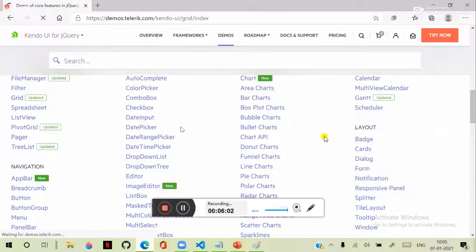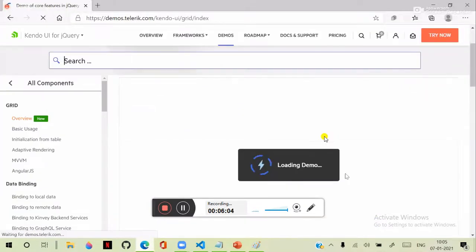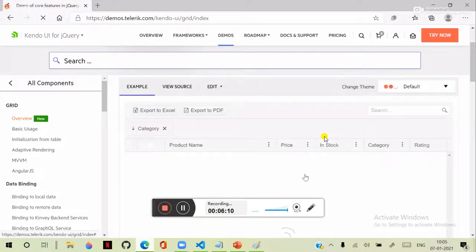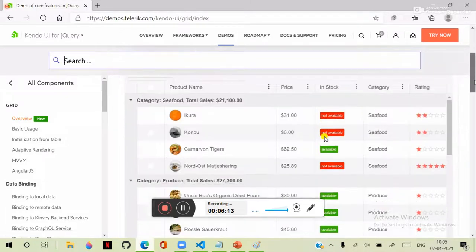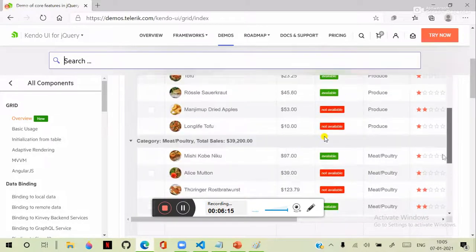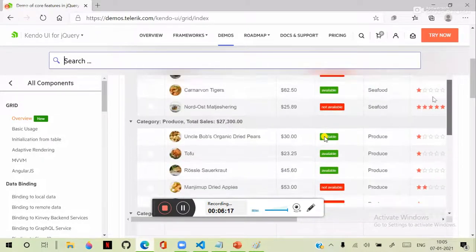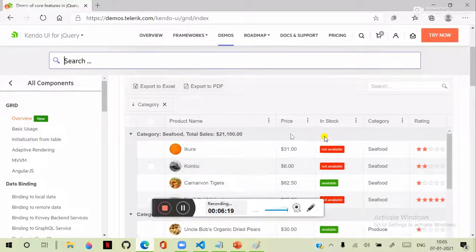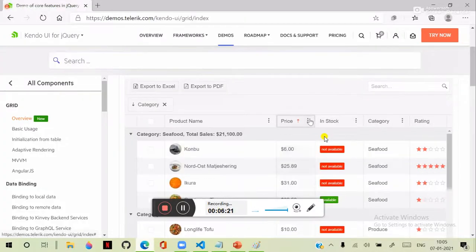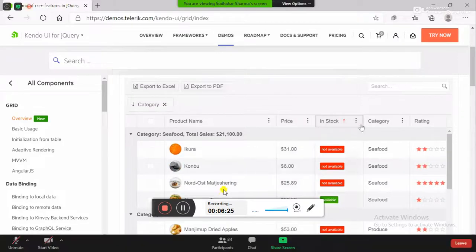Suppose I open the grid, then this is actually a jQuery grid. They will give you the demo for that grid, how that grid is used. You can see this grid is showing the content in this way. If you want to design such grids, these grids are defining the options, filtering, sorting, such things we can display based